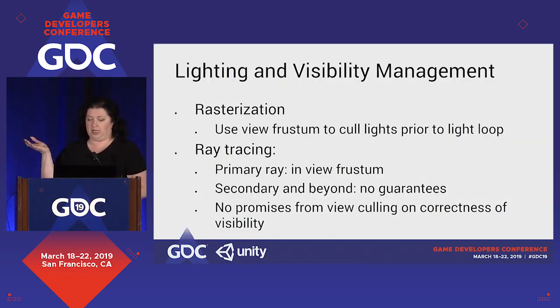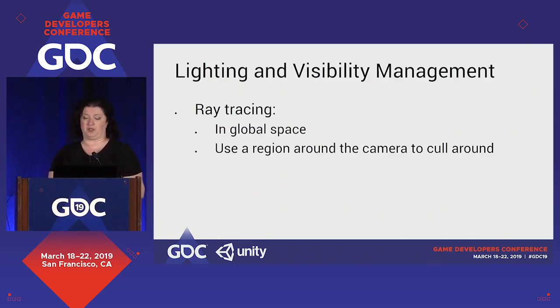So as I touched on that, we need to worry about visibility with regards to ray tracing. Primary ray, we're still good. We're still in the view frustum, so visibility is good there. Secondary and beyond, we really are in a free fall. This is where we start getting into production-specific solutions, right? Camera orientation, because your cost will basically vary both with regards to how big your acceleration structure needs to be and how long it's going to take to traverse it. And we need to account for this on the engine front.